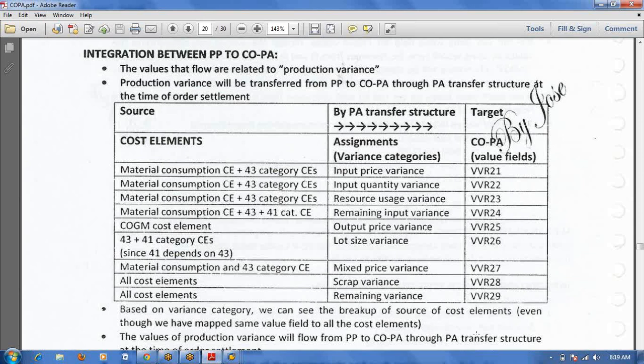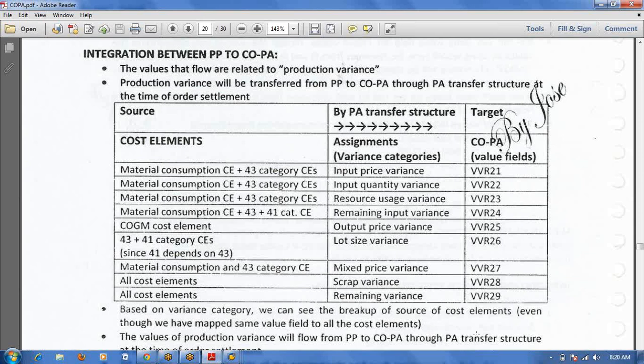Can you give one simple example? Yeah, always the FI and COPA values will match if you follow account based COPA. Cost based COPA, some advantages are there.